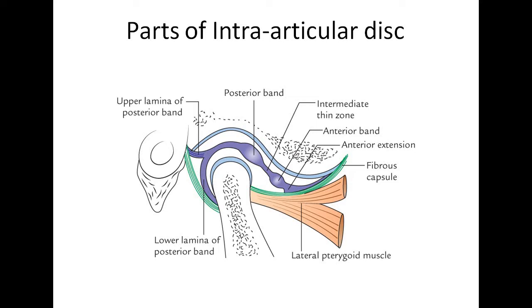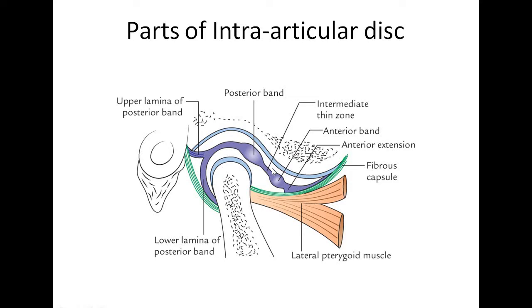Thus its upper surface is concavo-convex from before backward, whereas the lower or inferior surface of the articular disc is concave in nature to accommodate the convex head of the mandible. The periphery of the disc is attached firmly with the fibrous capsule. The disc has a thick margin, and what is this disc? The intra-articular disc is nothing but an oval plate of fibrocartilage. Though it is termed fibrocartilage, it consists of many collagen fibers and few cartilaginous cells.